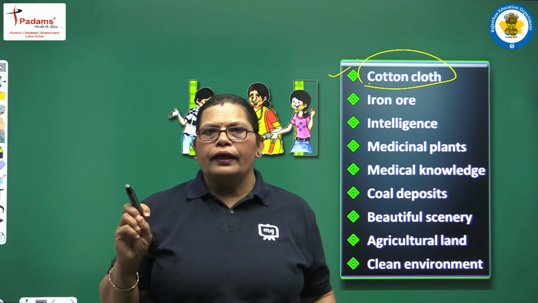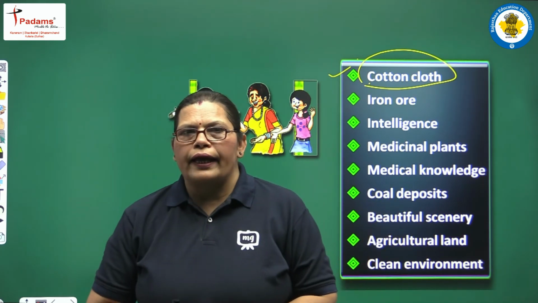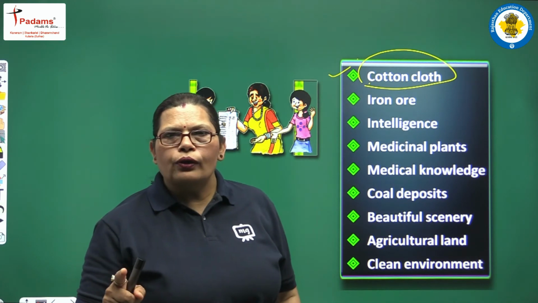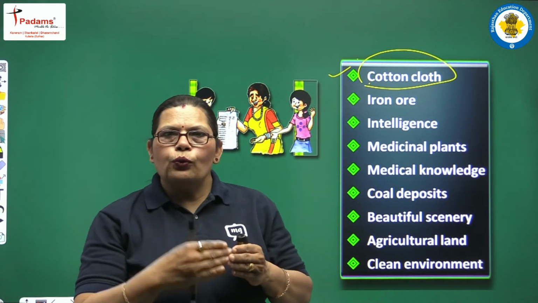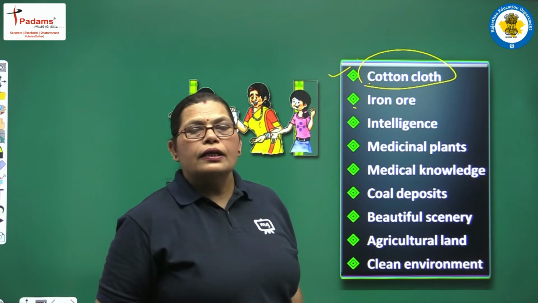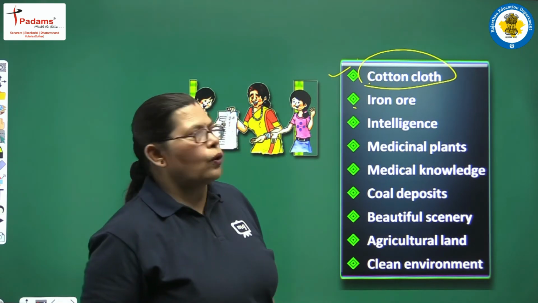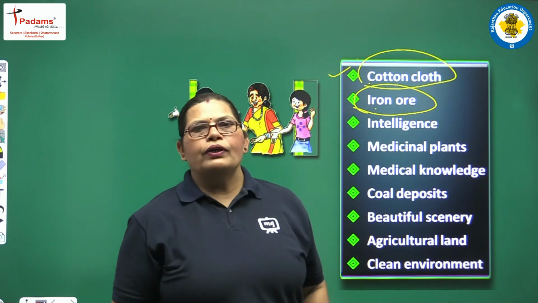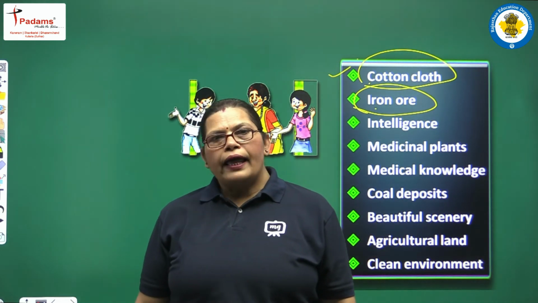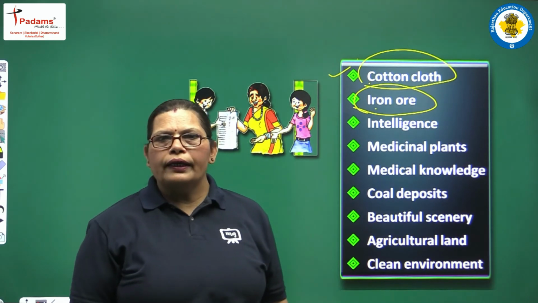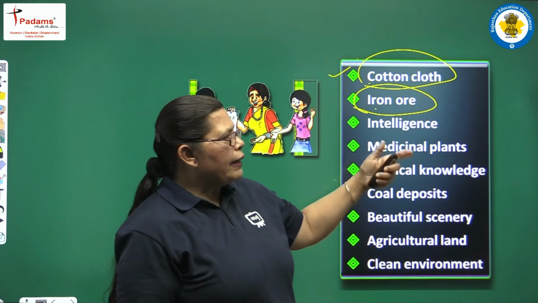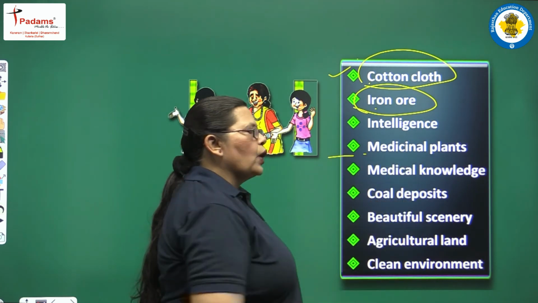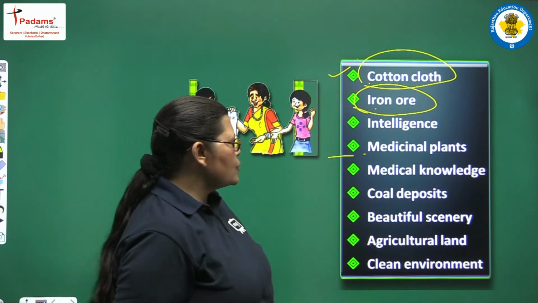कॉमर्शियल वैल्यू है या नहीं है? एक बार आप शॉपकीपर से परचेज करके ले आए हैं, देन यू आर यूजिंग एंड यूजिंग दैट वन, सो दैट हैज़ सम कॉमर्शियल वैल्यू और नॉट. कंसिडर दैट एंड डू इट इन प्रैक्टिस. द सेकंड वन इज आयरन ओर. Iron ore has commercial values. I know very well. You also know very well about this thing. And what about intelligence? Intelligence की commercial value होती है क्या बच्चों? कंसिडर करेंगे. मेडिसिनल प्लांट्स हैड सम कमर्शियल वैल्यूज. यस, इट हैज. मेडिकल नॉलेज, अगेन कंसिडर दिस वन आल्सो.